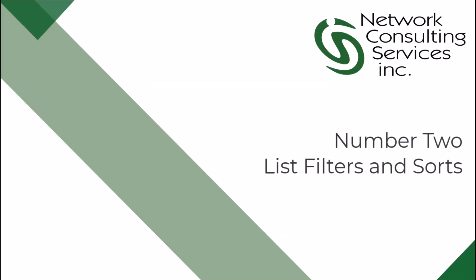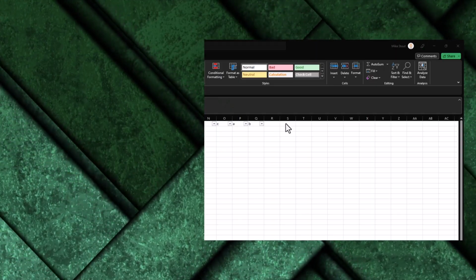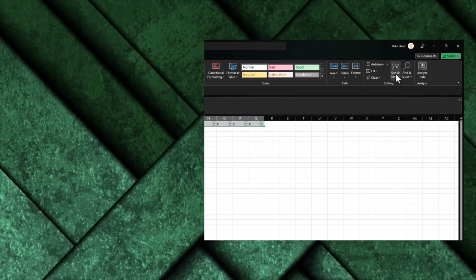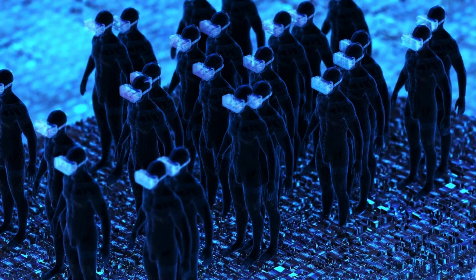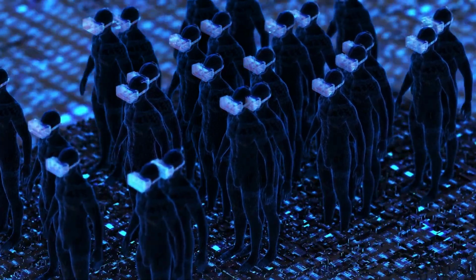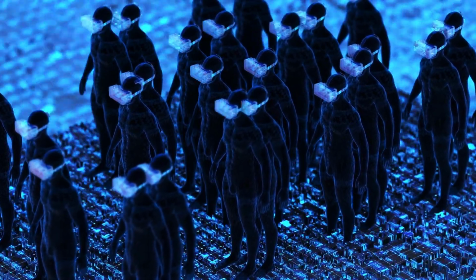Number 2, list filters and sorts. This familiar feature closely resembles the popular features of the Microsoft Excel user experience. Like Excel, a user can very quickly create ad hoc views of asset data. One of the things I like the most of this approach is that the feedback from the filter is immediate